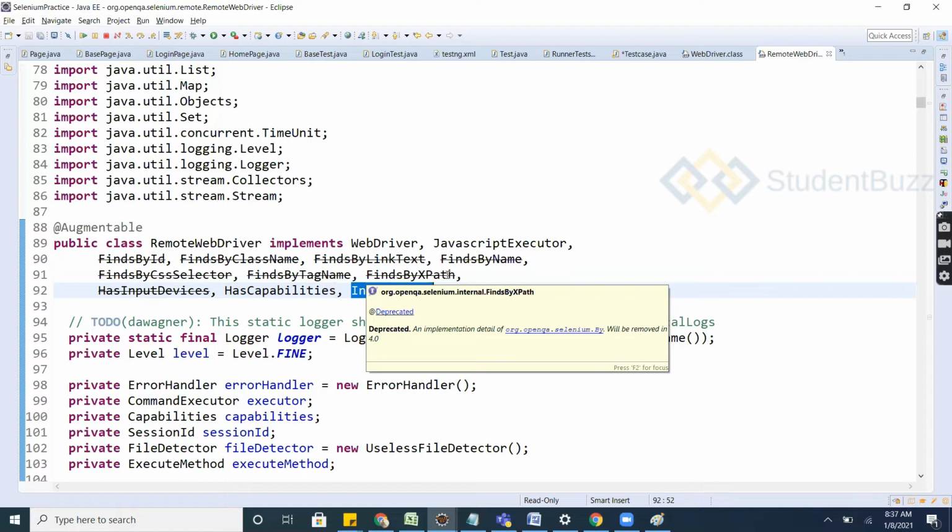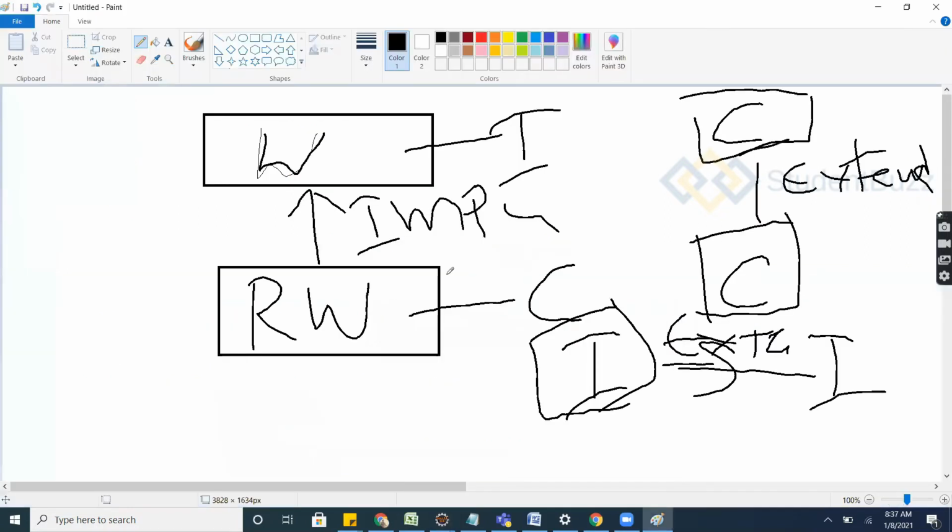With the extends keyword you do only one: you can extend one class or one interface. You can implement multiple interfaces in a class. So WebDriver is an interface, and the interface is implemented into the RemoteWebDriver.